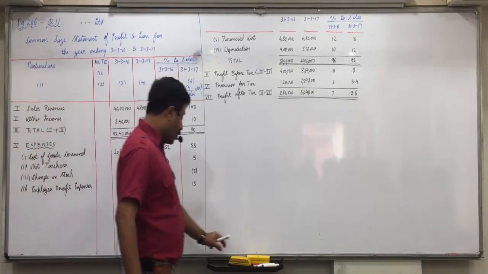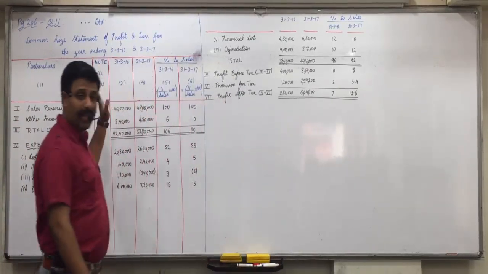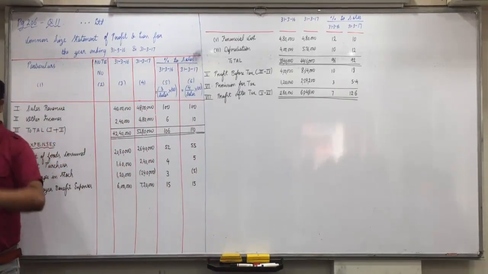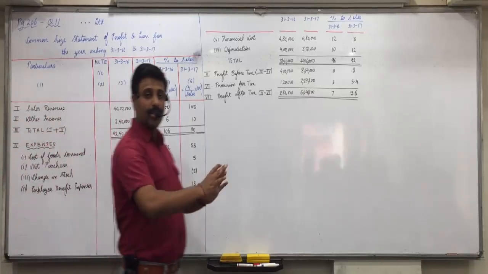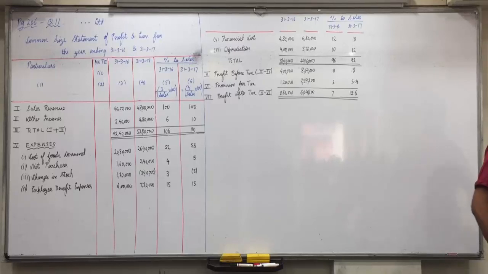Now, obtaining the missing figures. Next question, question number 12. First, again, the whole question you will write as it is. Wherever a question mark is given, don't write the question mark, leave it blank. And one more thing. In the question, which is the first column, 31.3? And second? You will make 31.3.16, then 31.3.17.